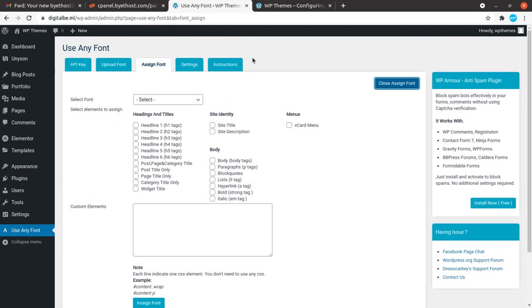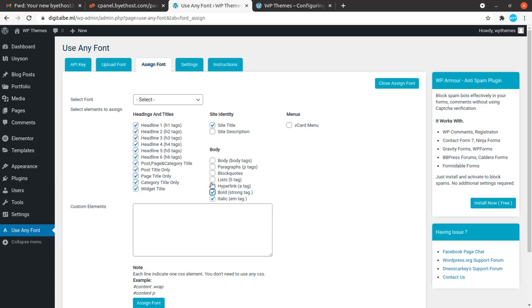And I must tell you that through this free API key you can use only one font, and if you need to upload multiple fonts, you need to take a premium API key in that case. But if you want to change only one font on a particular area of the theme like headlines, site title, so wherever you may wish to have, I'm selecting all so that it may impact the complete website.